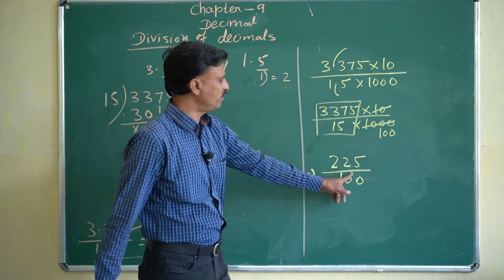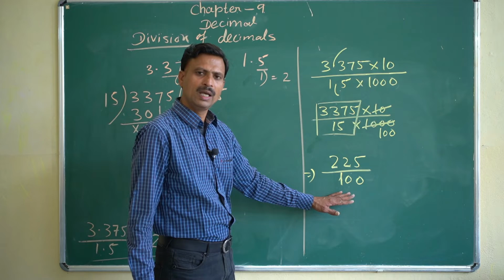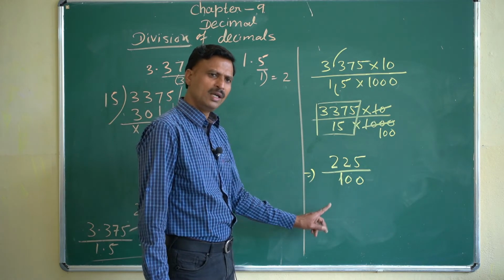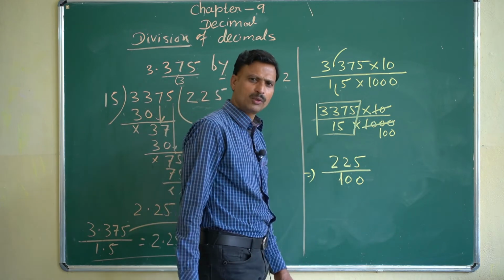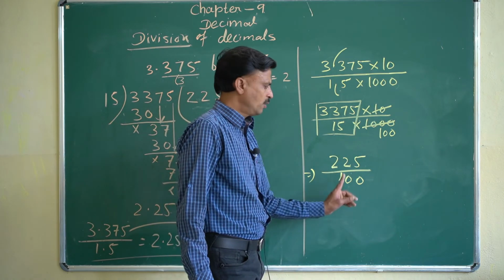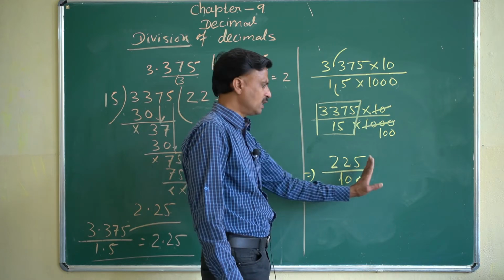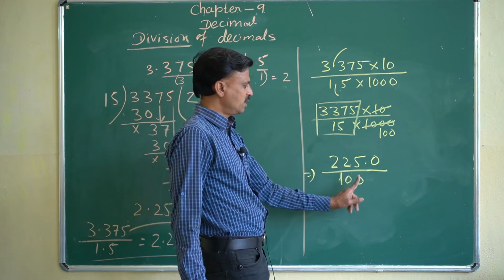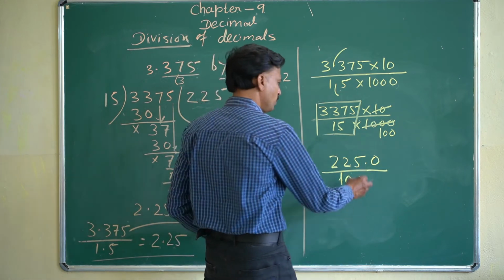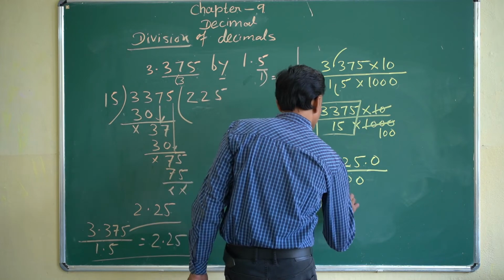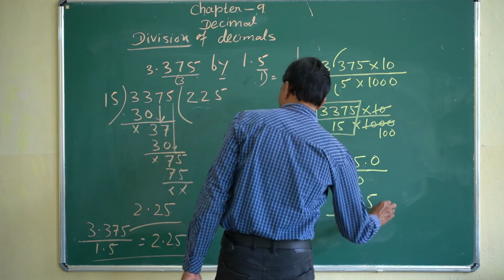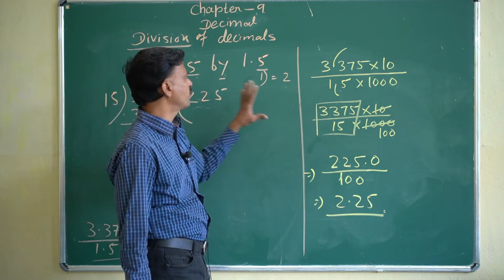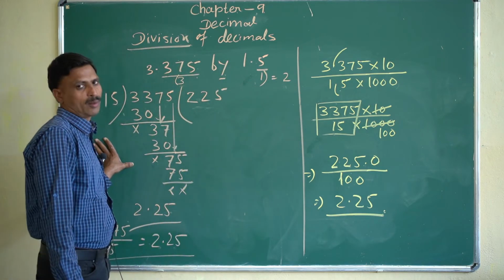If 225 is divided by 100, we can divide it orally. As I told you, the decimal will shift 2 digits to the left because we are dividing by 100. And where is the decimal in 225, can you tell me? Definitely at the last, here, 225. It will shift the decimal left 2 digits, meaning it becomes 2.25. So the result will be seen. If you like this method, you can apply this. If you want this one, you can apply this one.